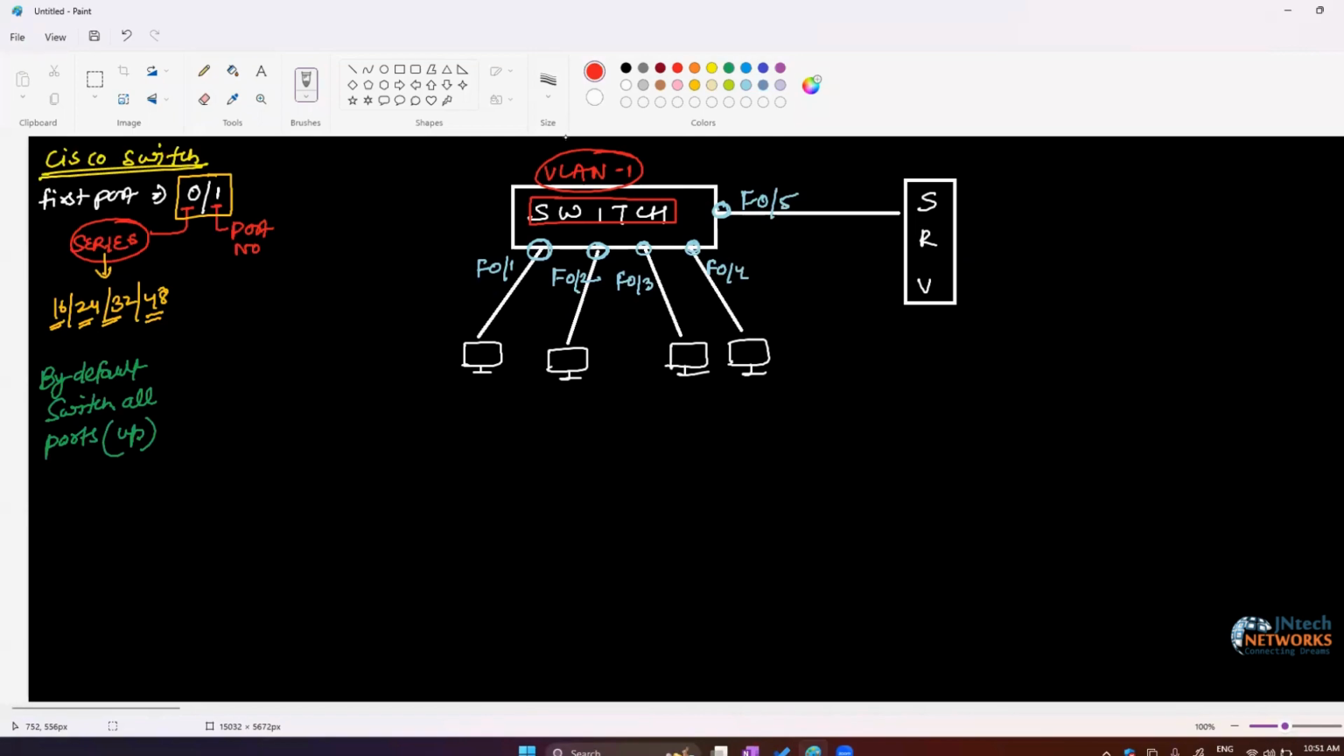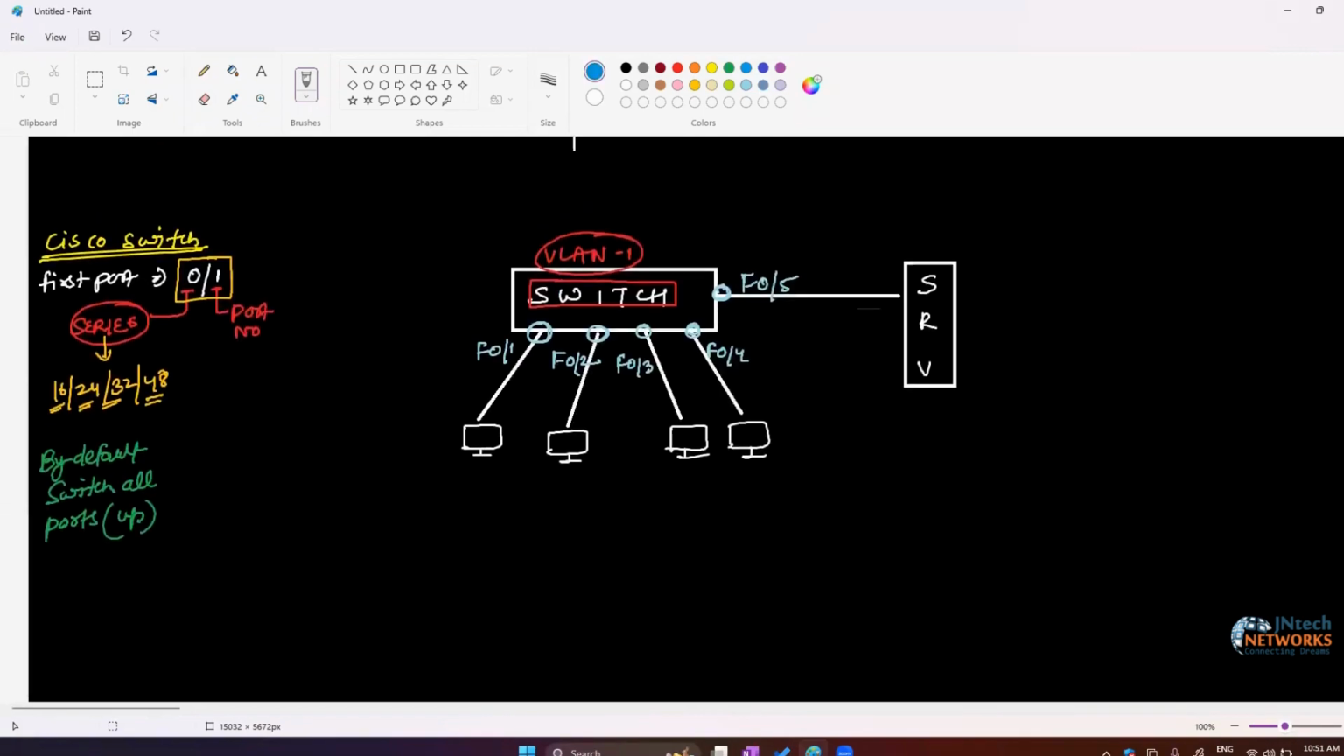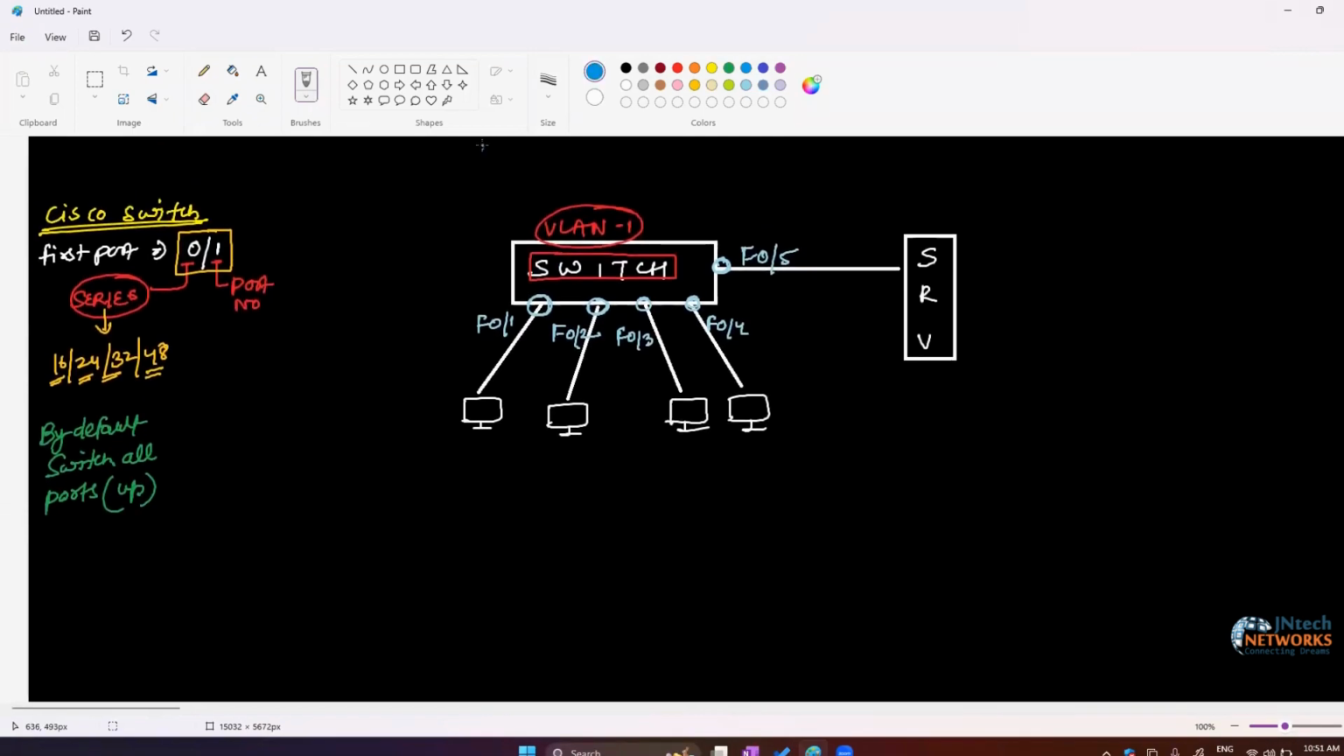Now, one more thing you need to remember about the switch. Right now for data flow, we are using 192.168.1.0 slash how many? 24. From this network, we are providing some IPs for my PC, laptop, for my PCs. Clear? So 1.1,